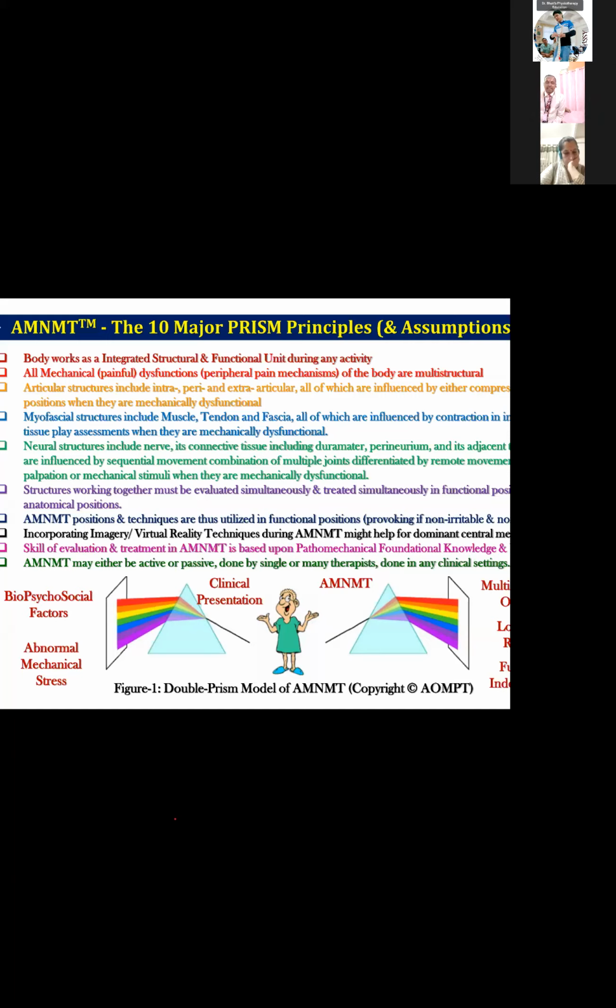Central mechanisms also, there's a solution. You can make the patient do what is called imagery, mental imagery, which will help in reducing the central pain mechanism. Also incorporate maybe virtual reality gaming or mirror therapy. All this will be helpful, and it can be incorporated together with any therapy, be it electrotherapy, for example. You are giving TENS for the neuropathic pain. Try giving that in a position where the nerve is loaded, or when the nerve is offloaded.